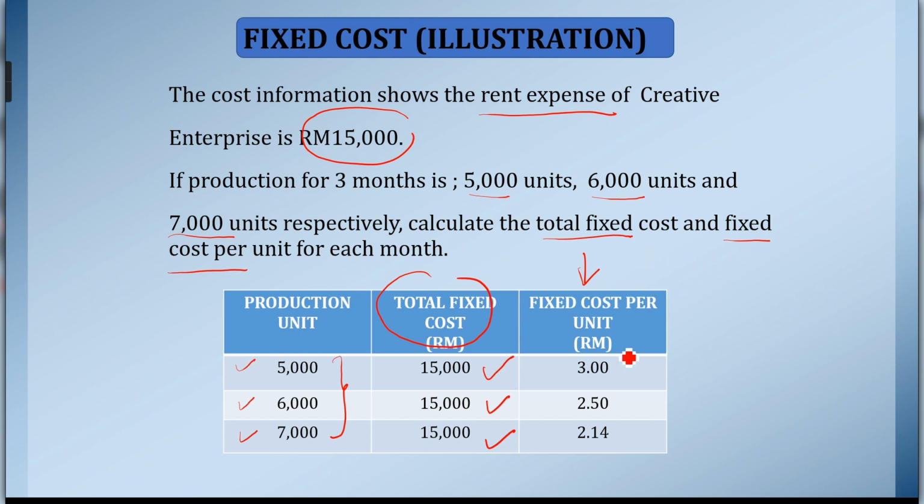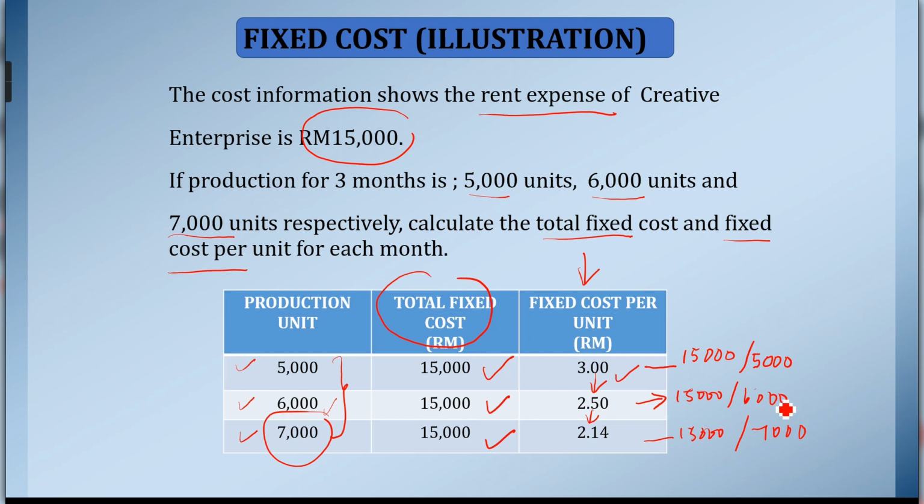Okay, so sekarang we are still paying 15,000, tapi if we are going to find the fixed cost per unit, that means I am going to take 15,000 ringgit divide by 5,000. So the fixed cost per unit will be 3 ringgit. Okay, and when I increase the level of activity to 6,000, so my fixed cost per unit will be 15,000 ringgit divided by 6,000. So it is no longer 3 ringgit, it will decrease to 2 ringgit and 50 cents. Okay, and we are going to do the same thing when the level of activities increases to 7,000. So it is 15,000 ringgit divided by